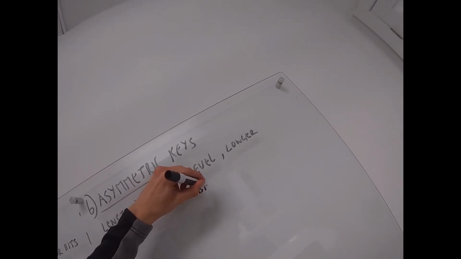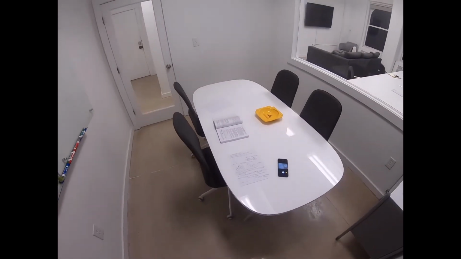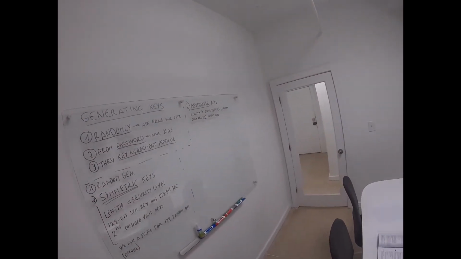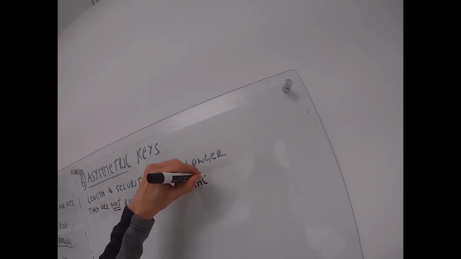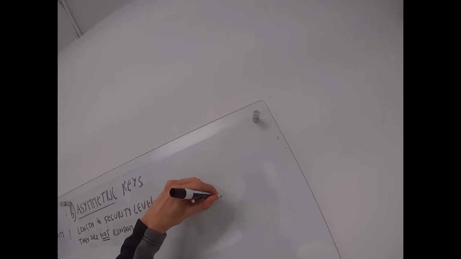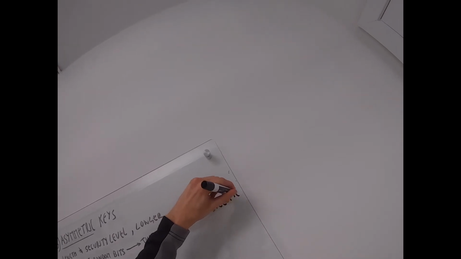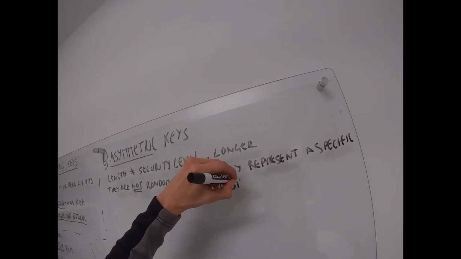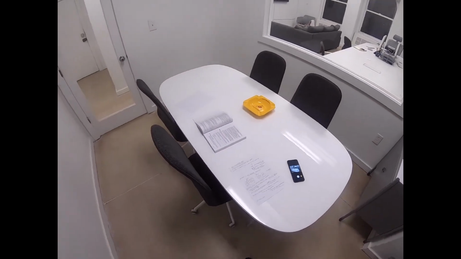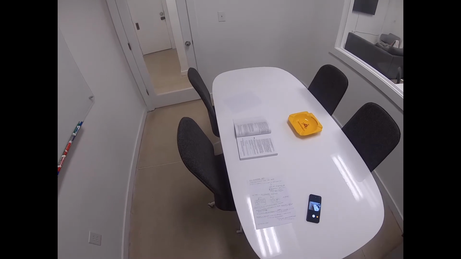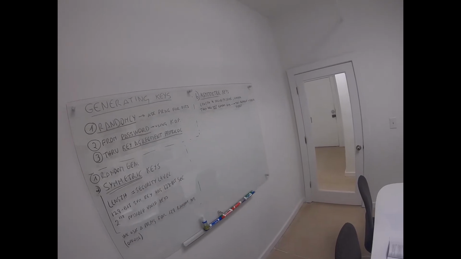Okay, they're not random bits. Why? Because they represent a specific object. Okay, they represent a specific object that has specific properties, right? So what do I mean by that? Let me